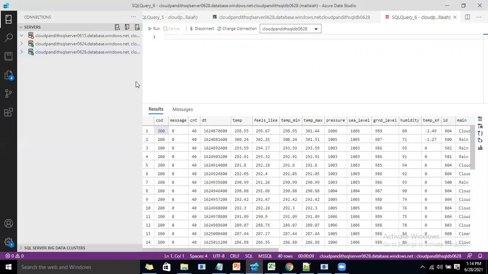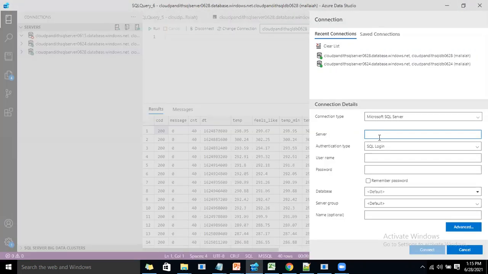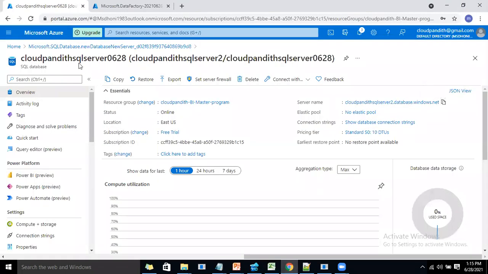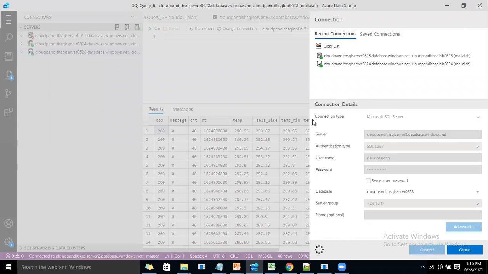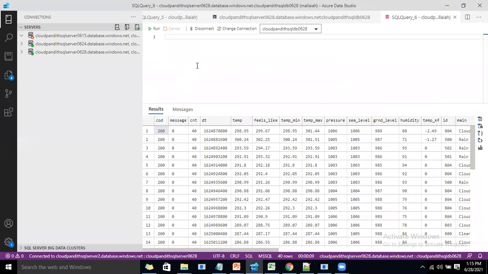Now, as I mentioned, come to Azure Data Studio, click on this, and you can just keep it here. Let me type the username which I have given, and the password. This is the important thing that you should remember. These are the user and password we gave when we were creating the server. This is going to be your database name. Just paste the database name. There is a space, remove it, click connect.